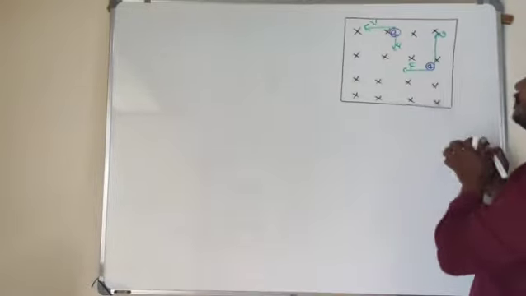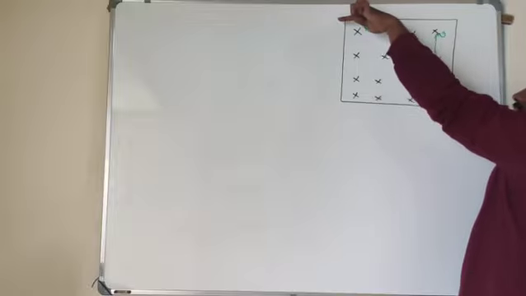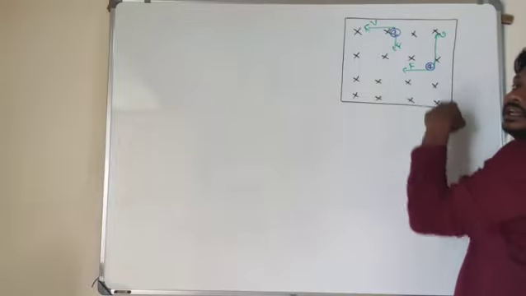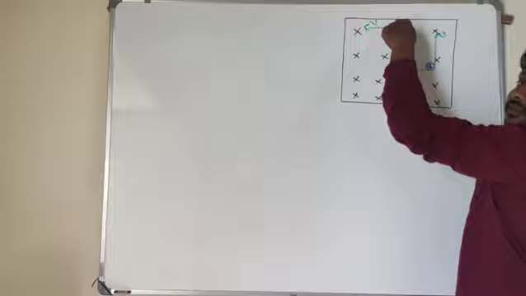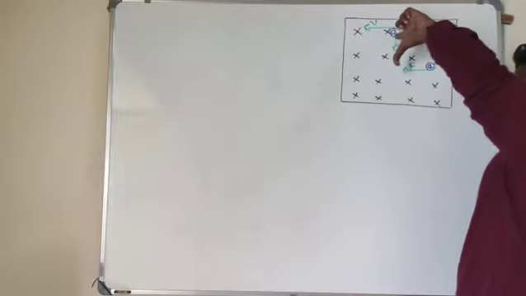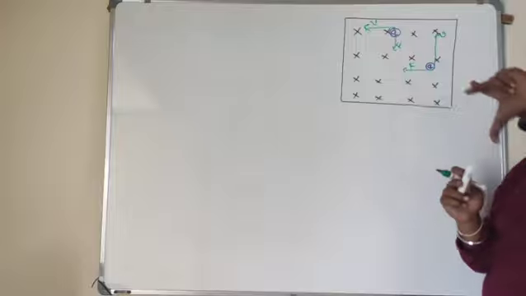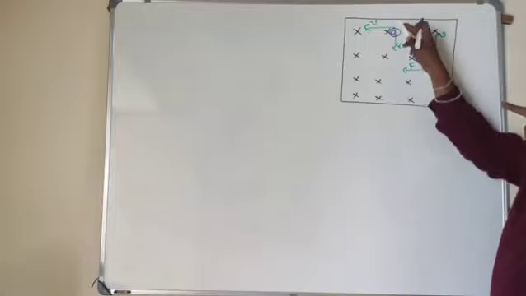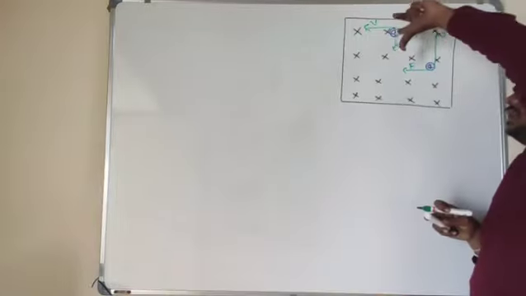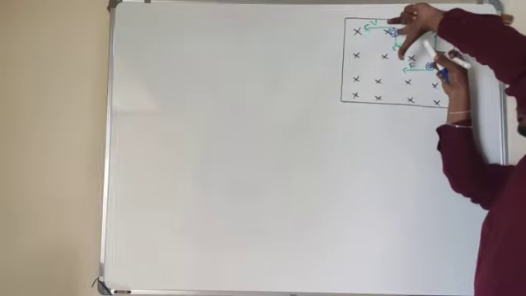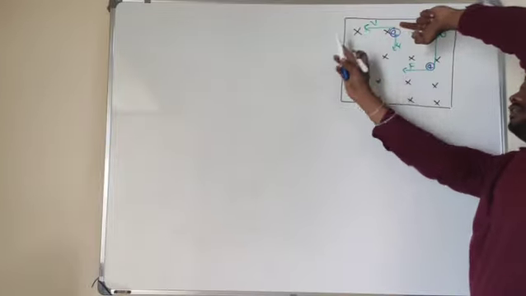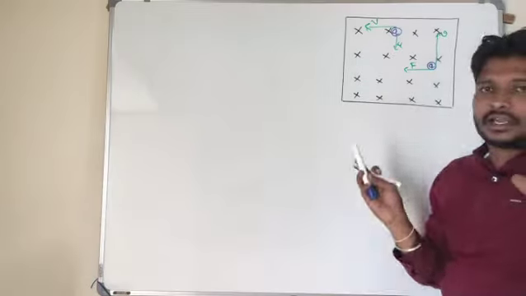Hope you are understanding here. The charged particle is moving in this direction, the velocity is in this direction, and the magnetic field is in the inward direction. So if I use Fleming's left hand rule, FBI, look here. B is into the plane, force is downward, and this is the direction of the velocity or current.